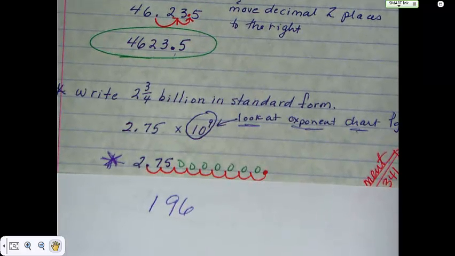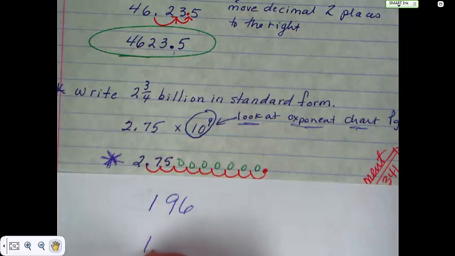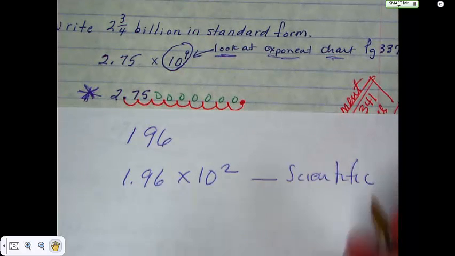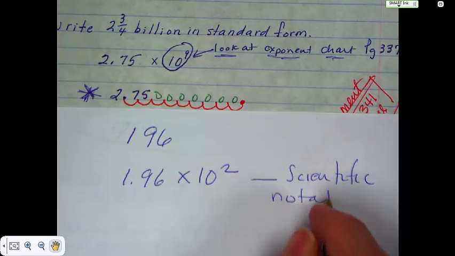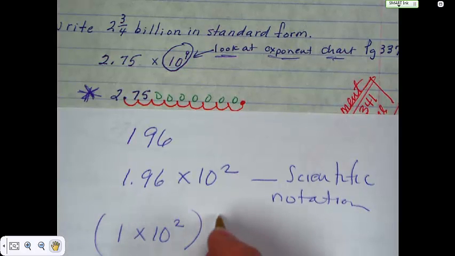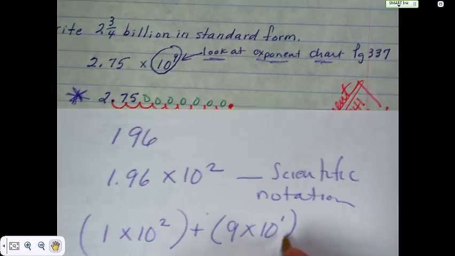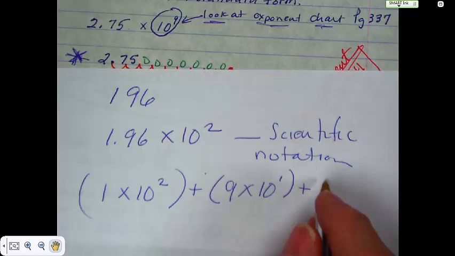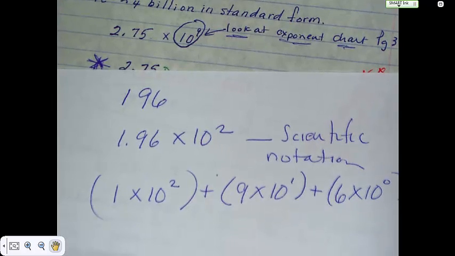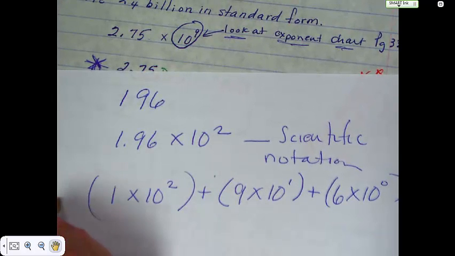196 is standard form. If I take 1.96 times 10 to the 2nd power, this is scientific notation. This is scientific notation here. Okay, expanded notation would be 1 times 10 to the 2nd power plus 9 times 10 to the 1st power plus 6 times 10 to the 0. Okay, that is expanded. This is expanded